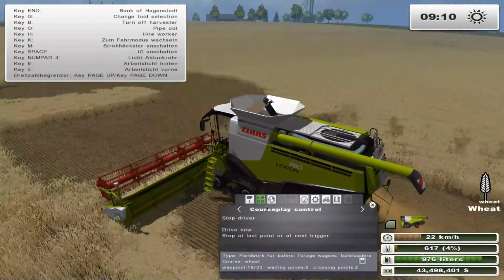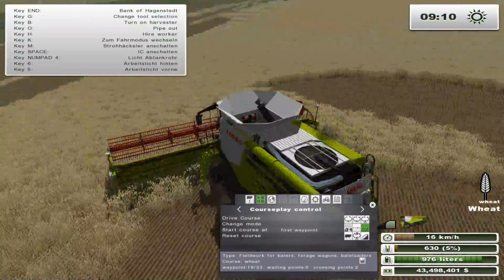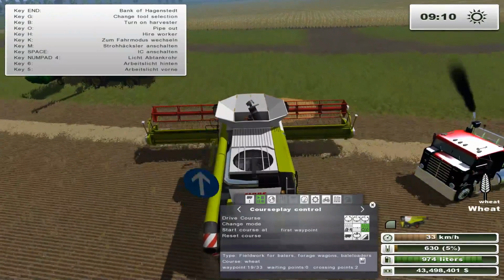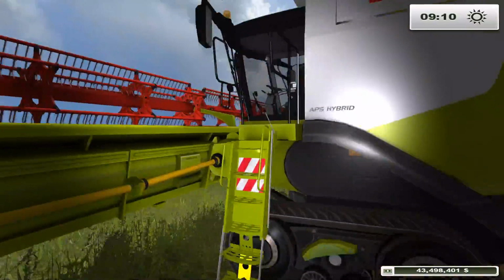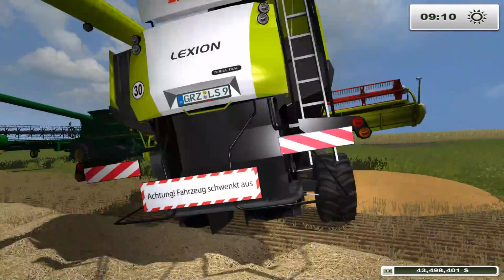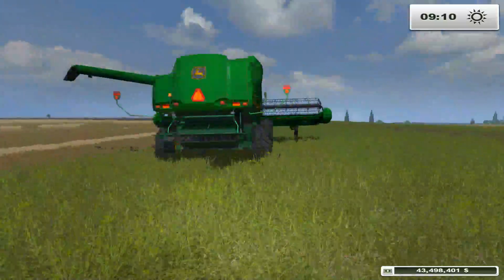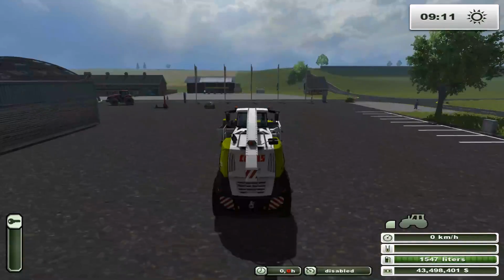Like I said, the downfall of this is that it is in German, so you need to be aware of that. There we go. It does wither crops, as you just saw. So that's the Class 780. It looks very similar to the 770, just carries a bit more, and that's about it really. And it's a bit more expensive. Alright, so let's hop into the...